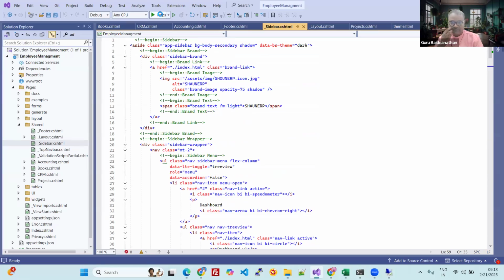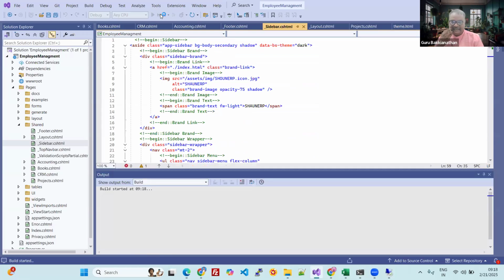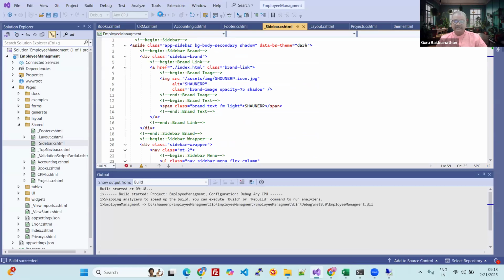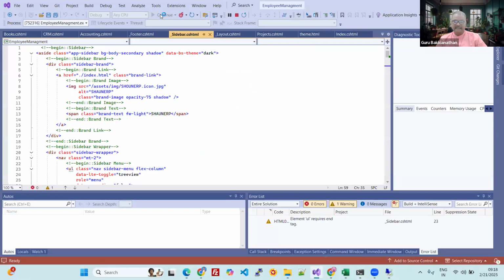I think Shruti did a great job yesterday, and she integrated the theme well, in a well structured format. I'm just sharing Shruti's work. She built a new project and integrated the AdminLTE template in it, as I explained in yesterday's class.